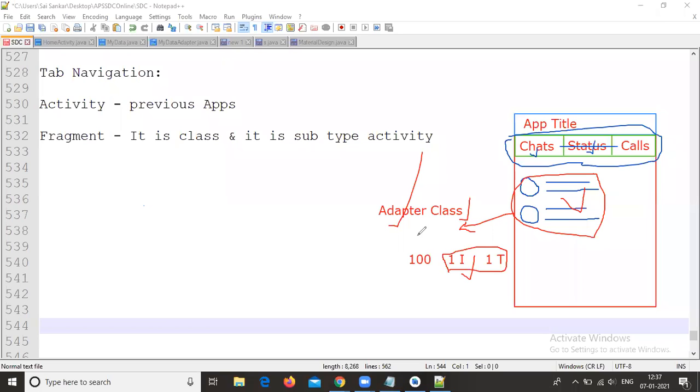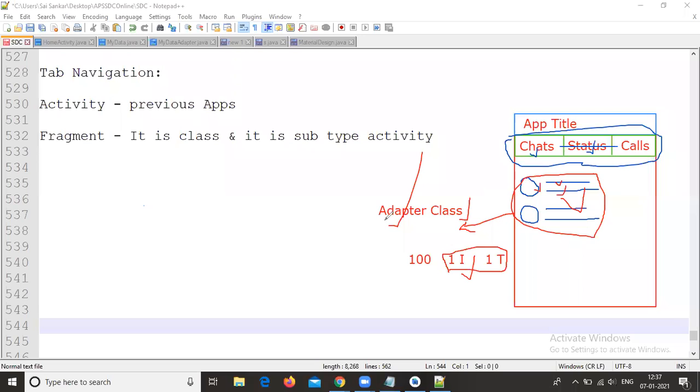Here the chats, status, and calls are all one group, so we need to display them with the help of adapters. In the contacts application's RecyclerView also, the image view, text view, and last message are a combination of a group, so here also we need to use adapters.